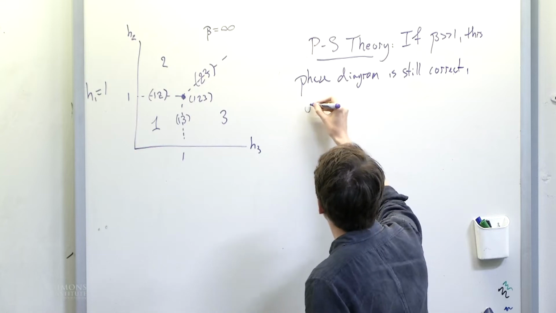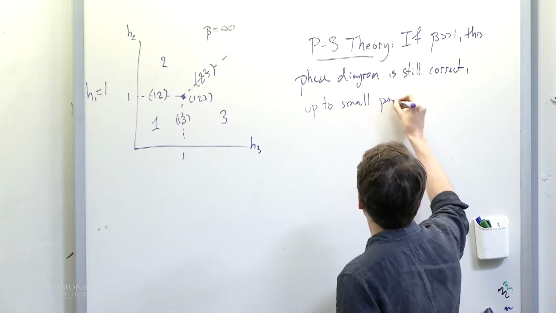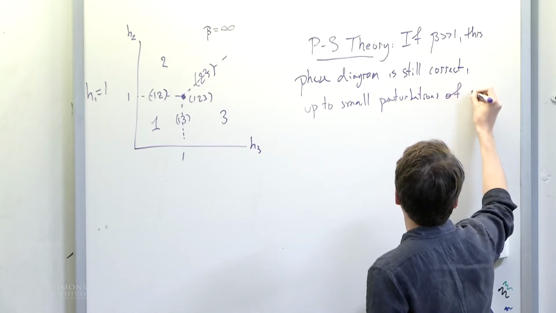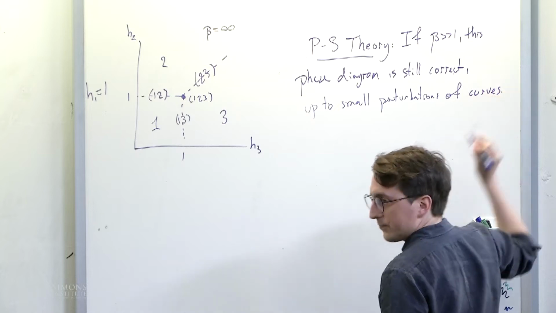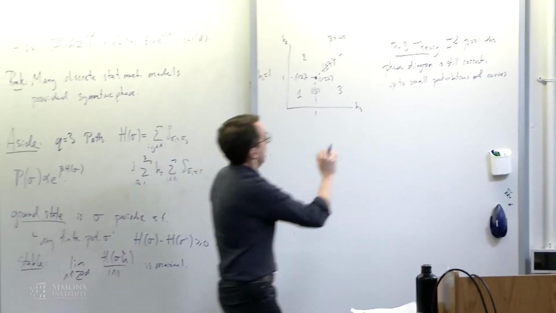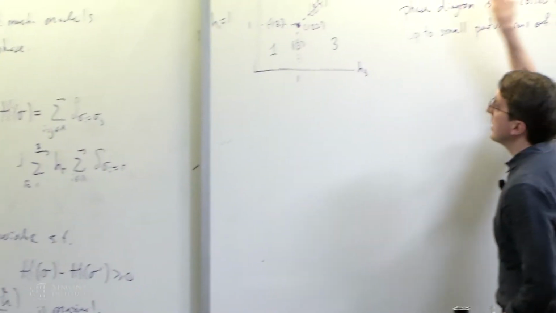It's still correct up to small perturbations of the curves. Okay. So at 0 temperature, this problem is easy, or not so difficult, to determine what the stable ground states are. And what this theory tells you is that if beta is very large, the picture remains true in the sense that